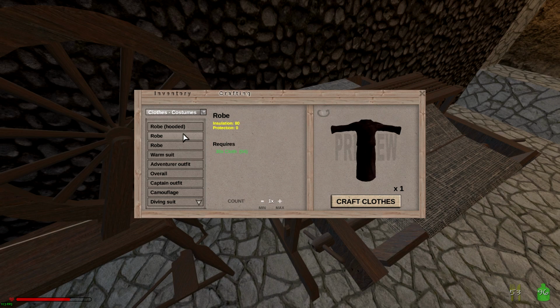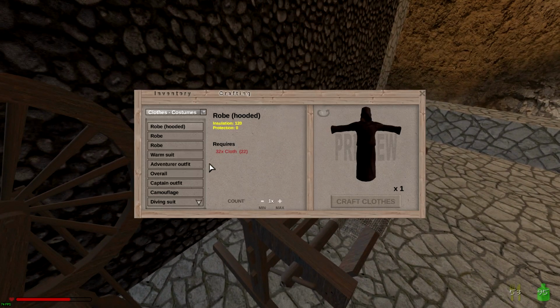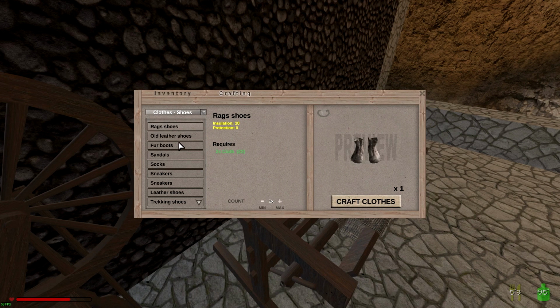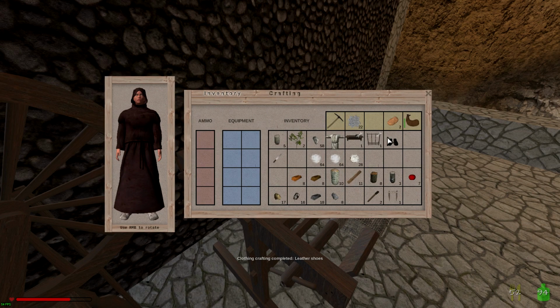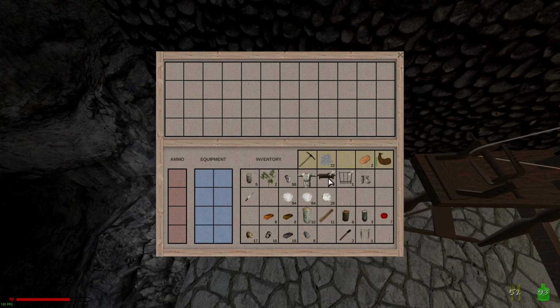A hooded robe has an insulation of 120. You know what? Right now, that's what we need. There we go. It may not look glamorous. That is okay. And I think leather shoes should be good. Let's do the leather shoes. Let's do those. Okay. So, we are now adequately clothed to keep ourselves alive, which is very important